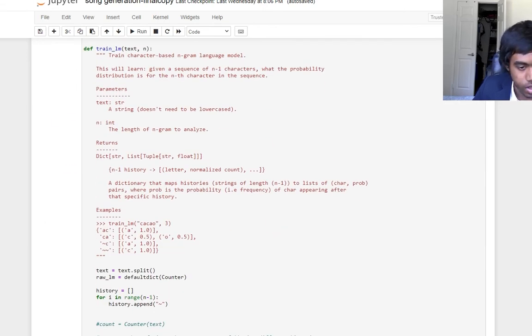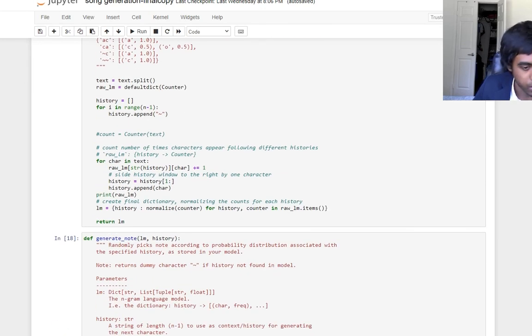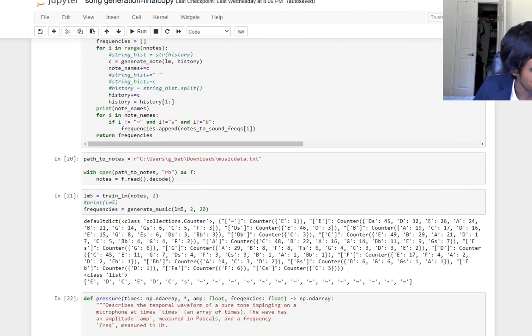Down here, this function is going to act as our trainable model and keep a record of a history of a specified number of notes and keep track of how many times a certain note follows that history in our training data. And then it makes use of the normalized function to associate each history with a list of probabilities for the next note. And now we can just generate a random note, keep track of the history of what's being generated, and use the corresponding probability to select the next note for however many notes we want to generate. After training on a few songs from A minor,